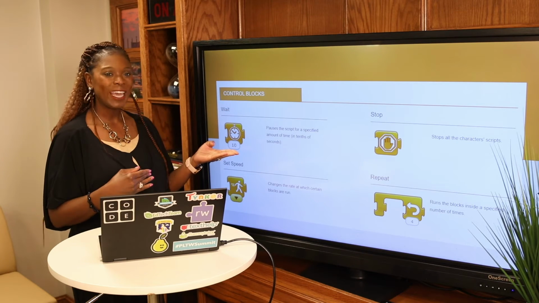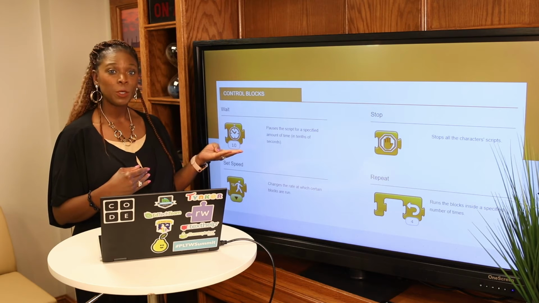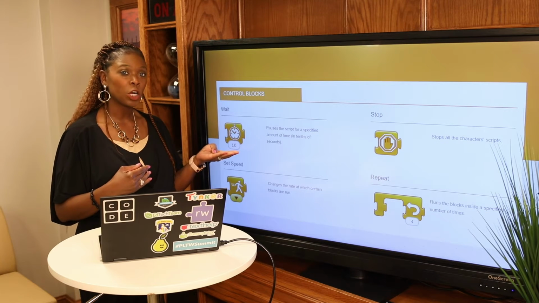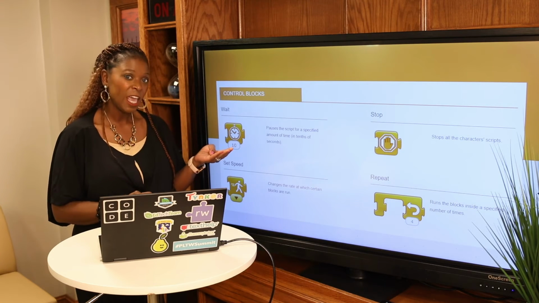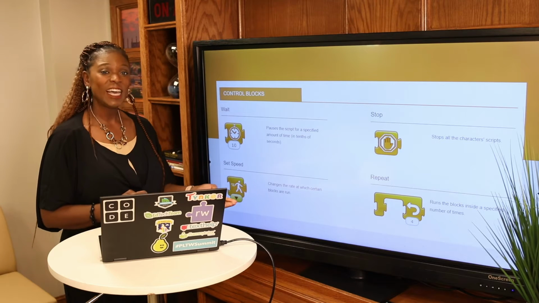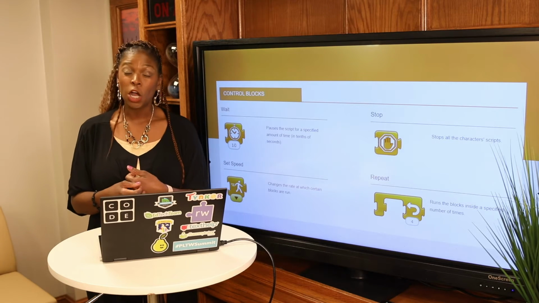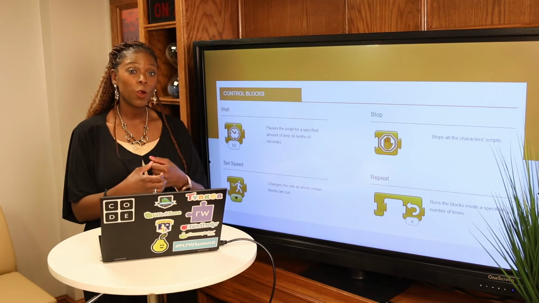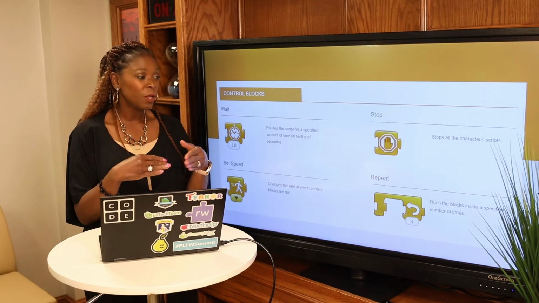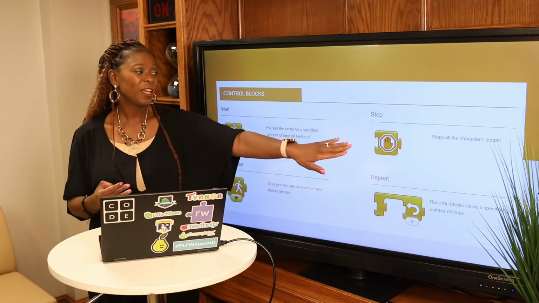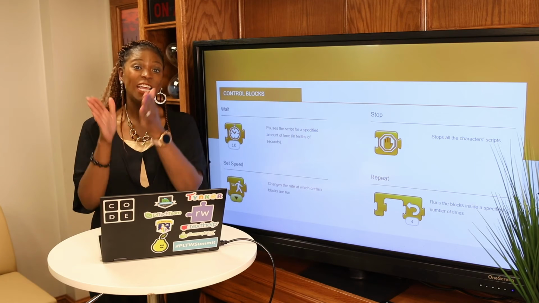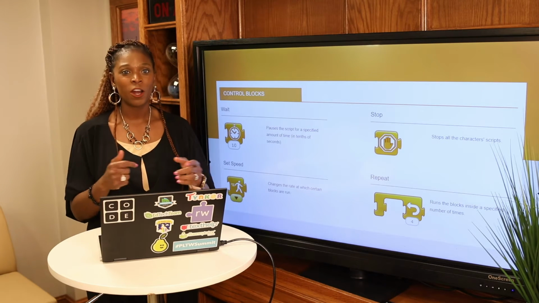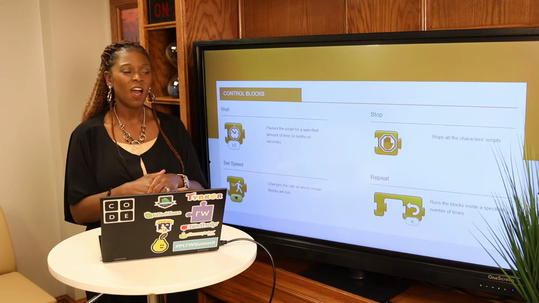We have our weight, which you can change the variable and have it be smaller or larger because you can touch that 10 and change it to something else. Set the speed. Maybe you want that soccer ball that's in your program to go really fast or slow. You can change the speed. You could have that ball stop when it hits the goalpost, or